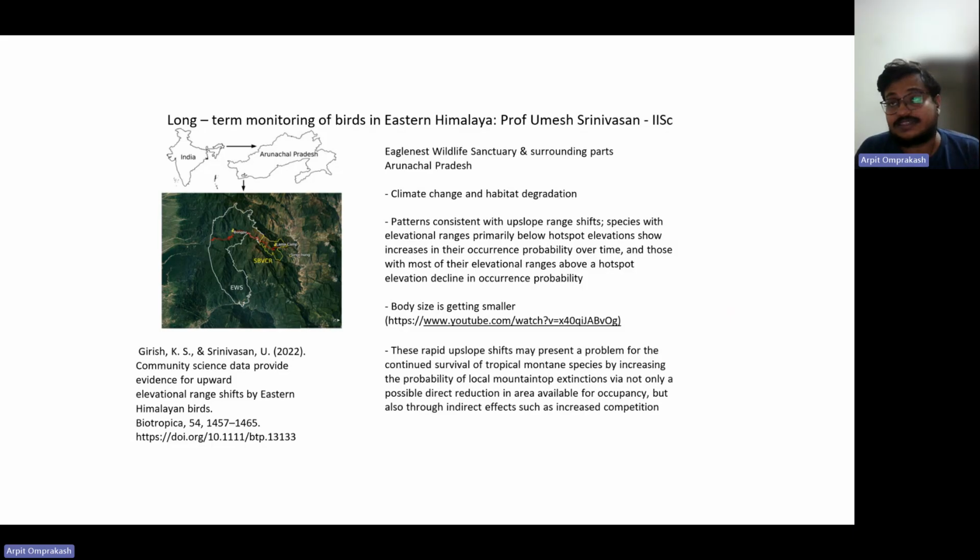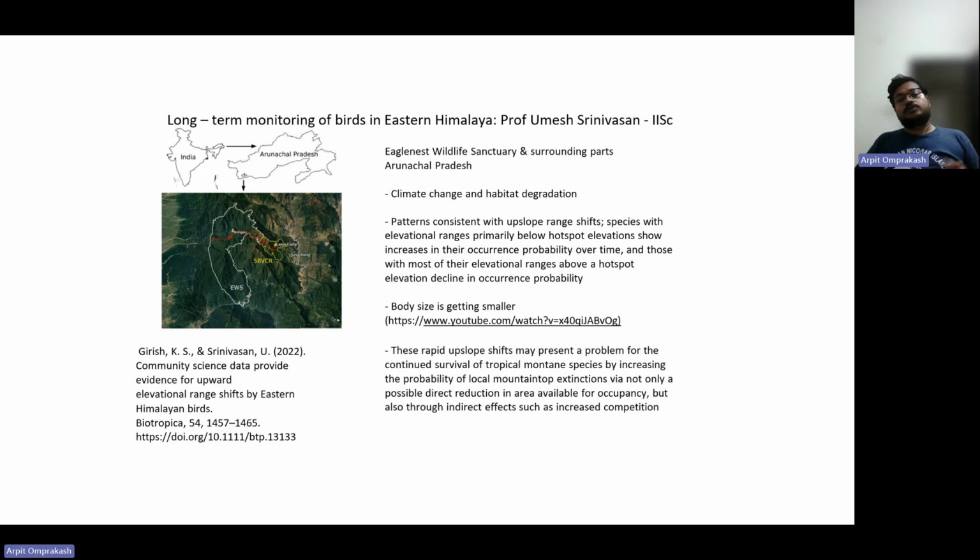The other thing is that body size is getting smaller. If you're an animal with a smaller body size, you have more surface area compared to the volume that you have, so the ratio of surface area to volume changes. Your body is then much easier to cool because of that. So because it is getting warmer and warmer, to stay cooler, the body size of these different animals is getting smaller and smaller.